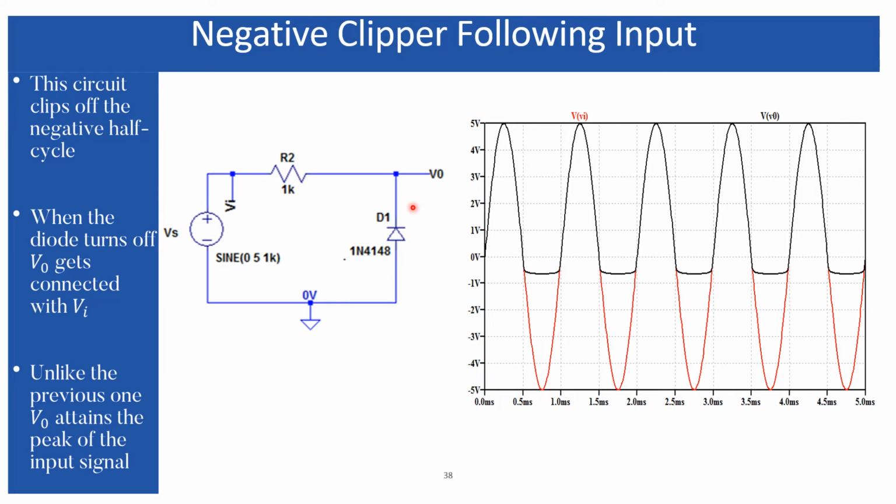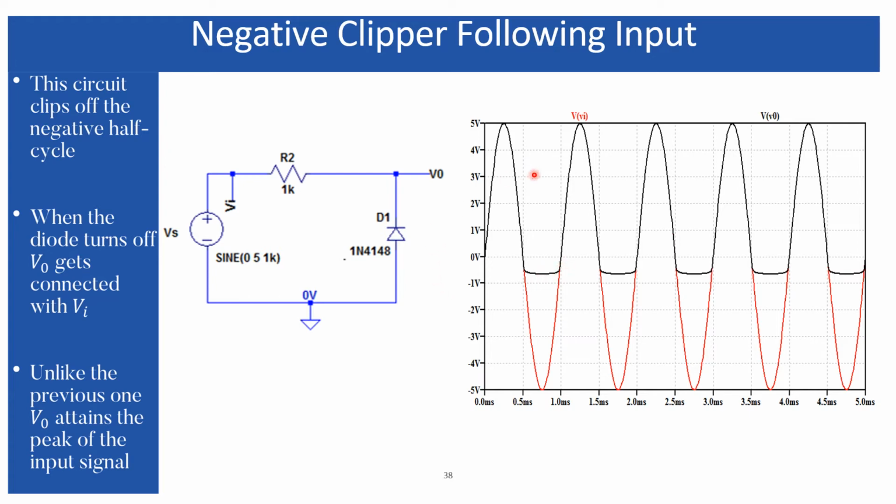However, for the negative half cycle, that diode goes to the forward bias region. If you replace this diode by its ideal model, it is a short circuit. So the current will find this smallest, or zero, resistance path. Although you connect a load over here, the current will find this path, and the voltage drop across this short circuit will be 0. But practically you are not getting 0 because this diode is consuming some amount of voltage.